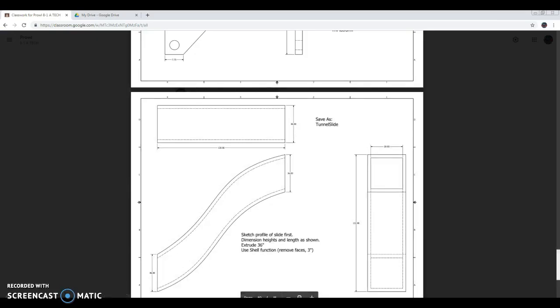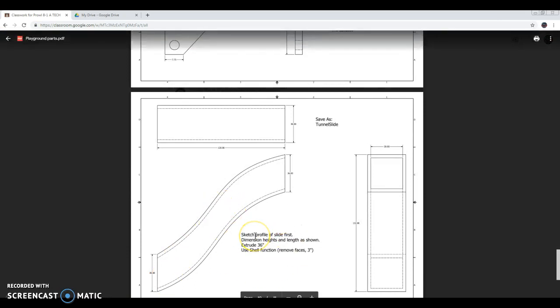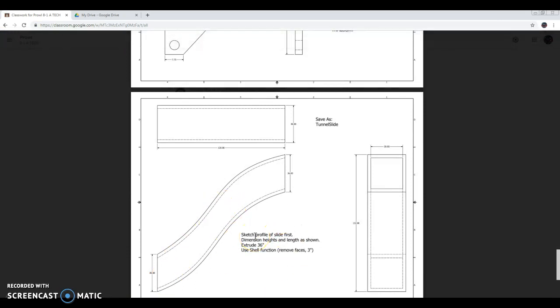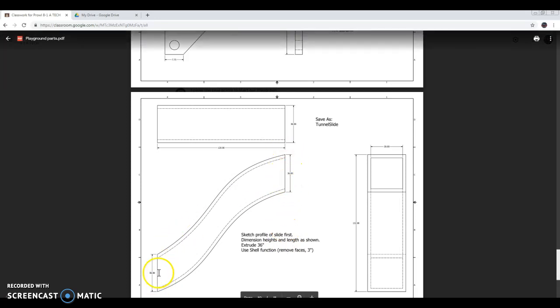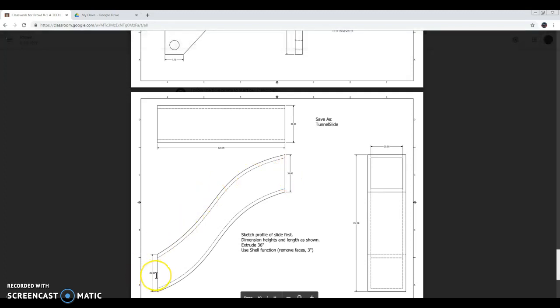If you go into your blueprints, you'll see that we have something that is a curved slide. The best way to look at this, it says sketch the profile of your slide first. Well, the easiest way to do that is to draw these two vertical lines here and here. One obviously is the opening, one is obviously the ending, and both are 36-inch lines. And then we can connect it with some type of curved line,